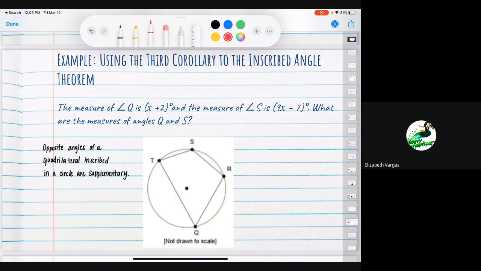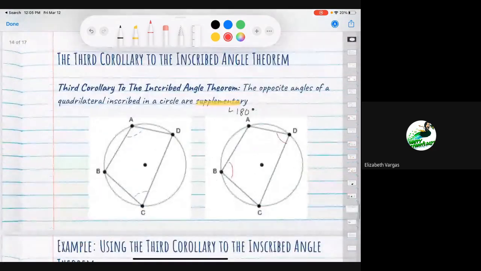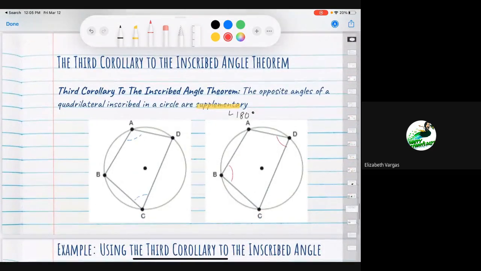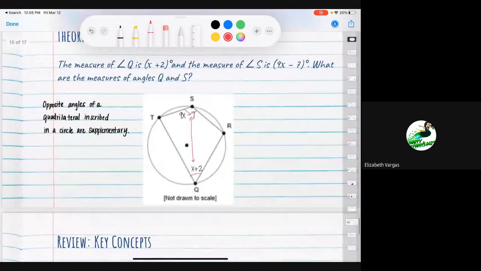So we're going to use the third corollary to the inscribed angle theorem, which basically says the measure of angle Q is x plus 2. The measure of angle S is 9x minus 7. What is the measure of angles Q and S? Well, I know that these are opposite angles. Why? Because they're opposites of each other. We've looked at that already before. And the third corollary to the inscribed angle theorem tells me that opposite angles are supplementary, so they're equal to